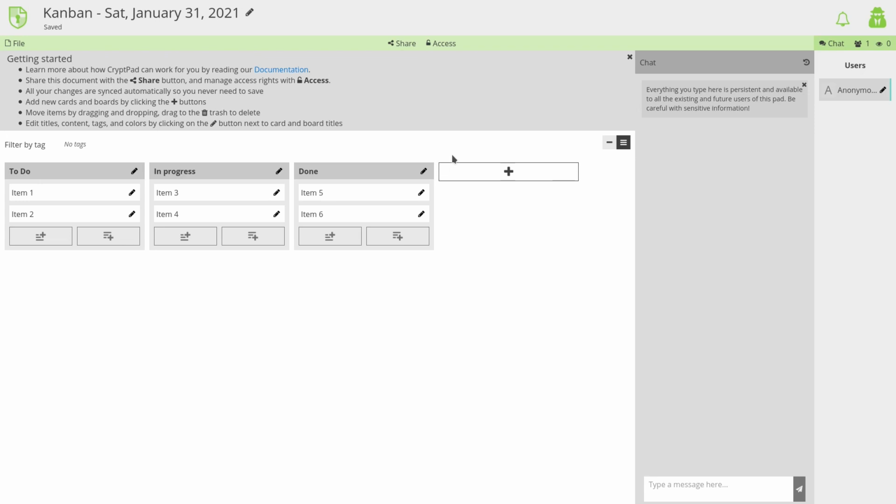So a Kanban is a way of organizing tasks within an Agile project management methodology. I'm not a project manager. I'm not PMP certified. I'm not very good at explaining this, but when it comes to a lot of projects,